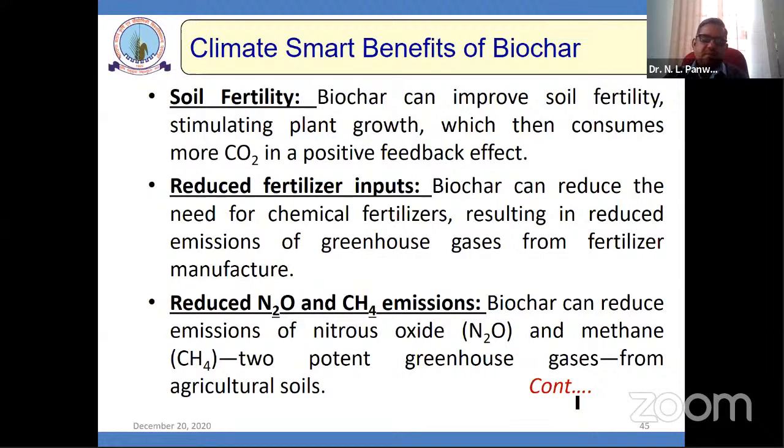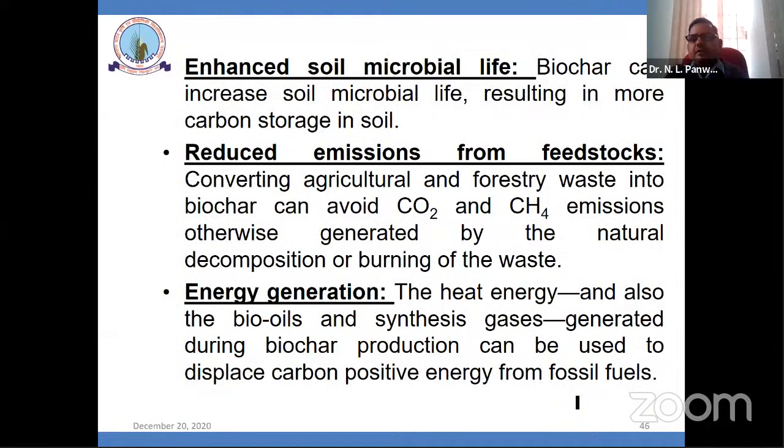and the emission of greenhouse gases from fertilizer manufacturing and production. And your N2O and CH4 emissions will certainly reduce from the agricultural soil. So if you add this biochar into the soil, then certainly NOx and methane gas emissions will reduce. And microbial life will certainly increase, because it makes the soil porous, so more aeration will be there in the soil. One study conducted in our university shows it kills harmful pathogens if you add this biochar in the soil,